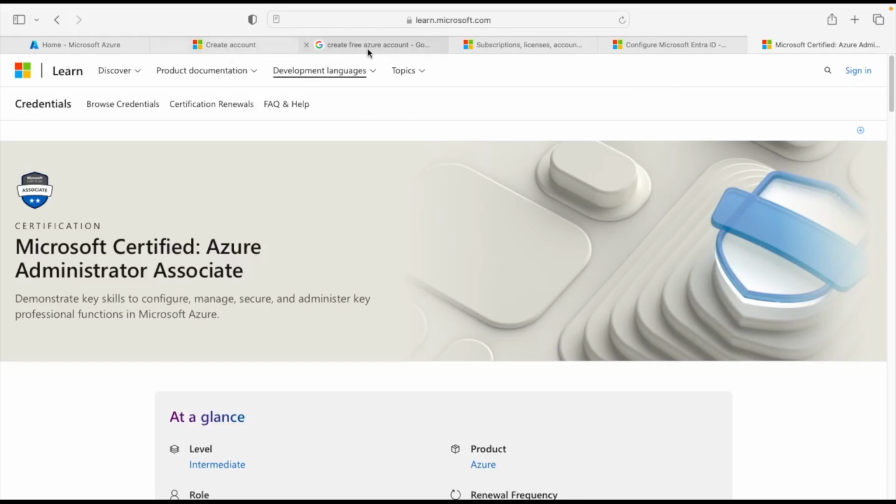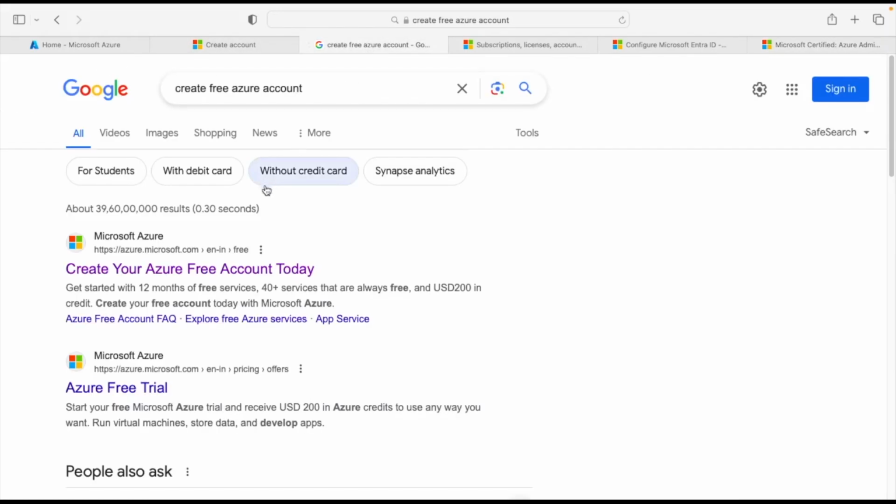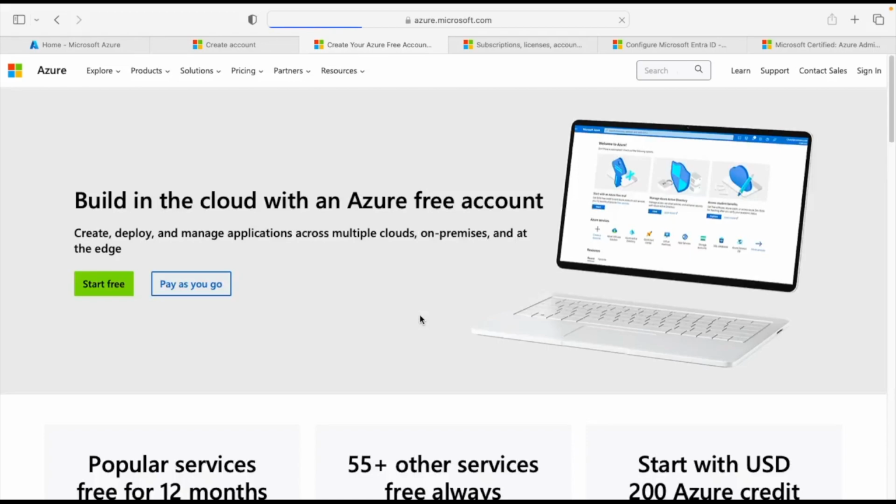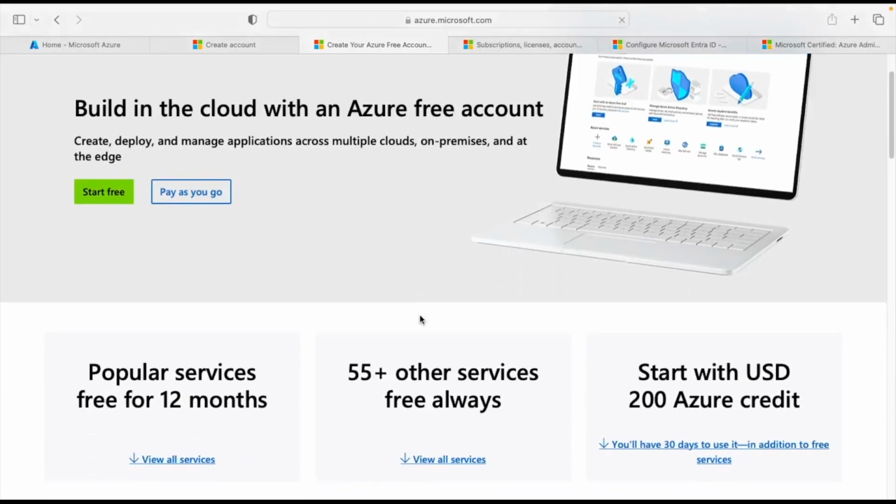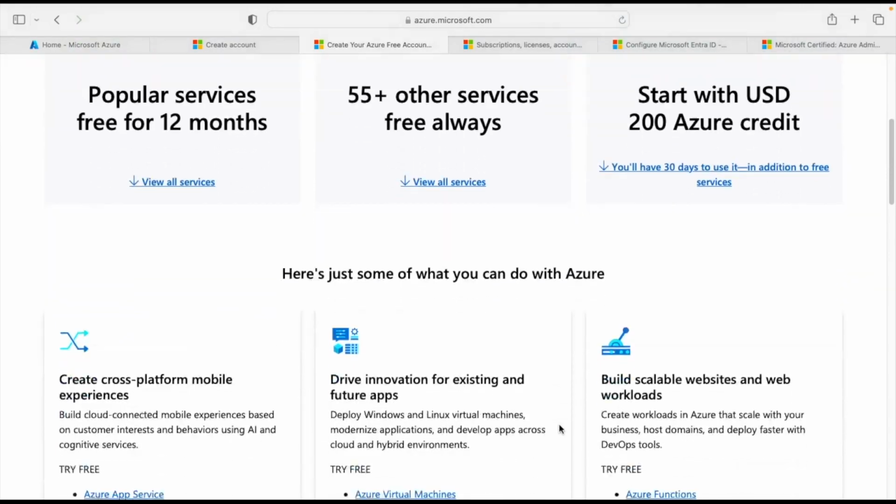So if you want to create a free account on Azure, you can click on create your free account today, and it will give you 200 US dollars credit for 55 plus services which are always free for the 12 months duration. But generally these $200 can be consumed easily within a 1 month duration, where you have full access to the services which are mentioned. Which all services are there?